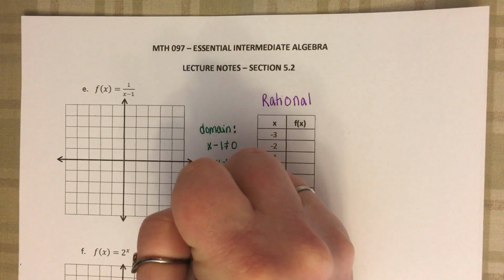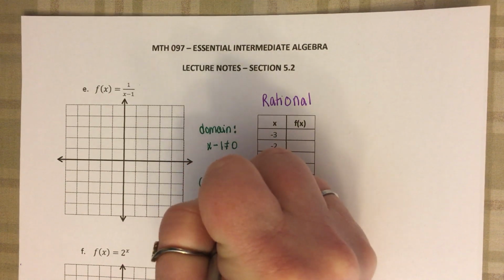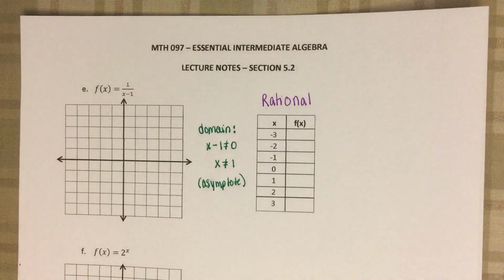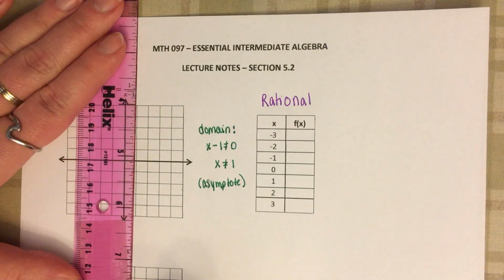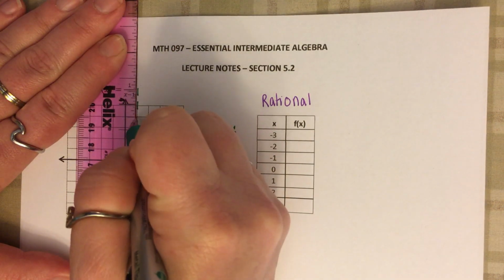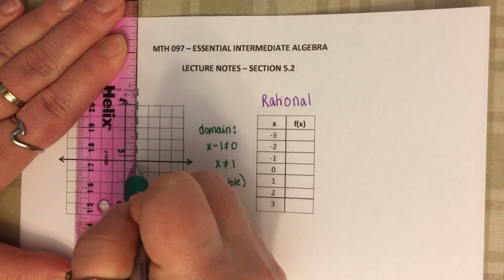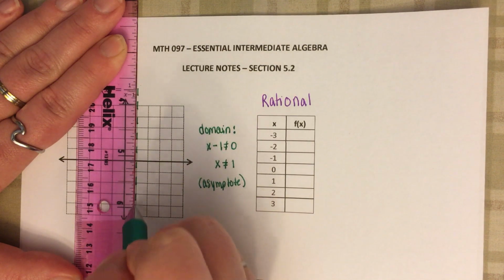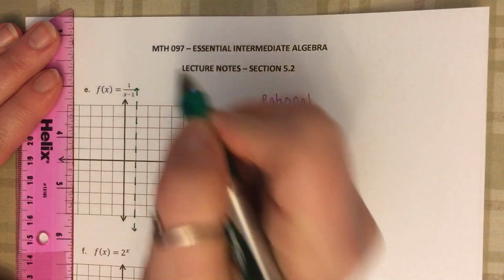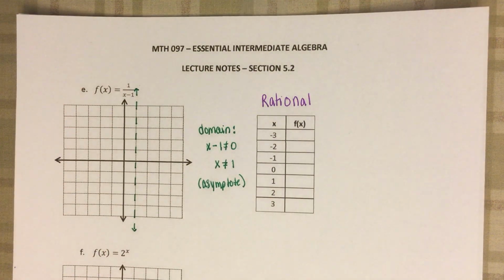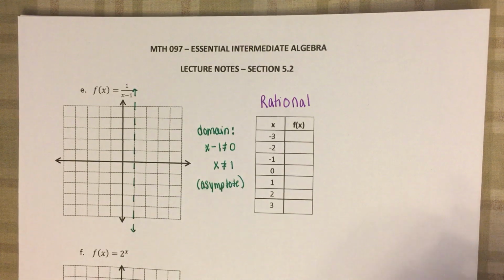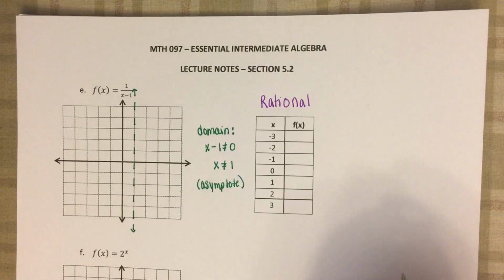So x minus 1 cannot be equal to 0, so that means that x cannot be equal to 1. This particular value gives us the line that is going to become our asymptote. Right, so our asymptote is this value of x equals 1 that our graph is not going to be able to cross. We cannot have this for a domain value, so our graph cannot cross this line. Right, so now we're going to find our different values as we're going through here. So we're going to plug in our